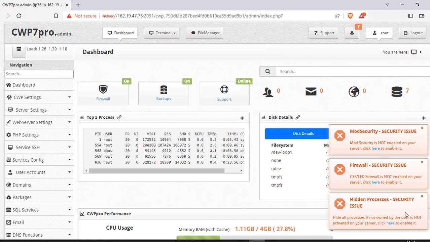Now, CWP comes with a free version and a pro version. The free version allows you to use CWP. However, you'll be limited in the number of things you can do. Now, the pro version costs just around $1.49 per month, and I would advise that you get that pro version